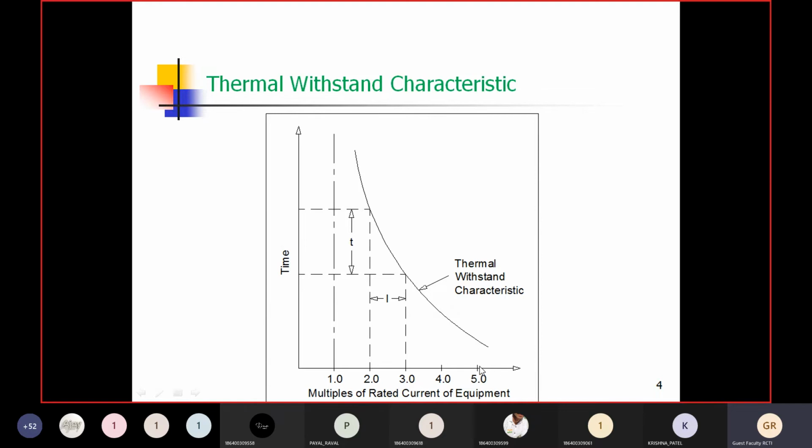Okay, so should I repeat all these statements, or do you remember them? Yes, sir, we remember. Repeat. Okay, so where did we start? On this side, the origin side, what is it? Undercurrent. This is rated current. This is overload current. Then what comes? Earth fault. Then overcurrent. And beyond overcurrent, short circuit current.